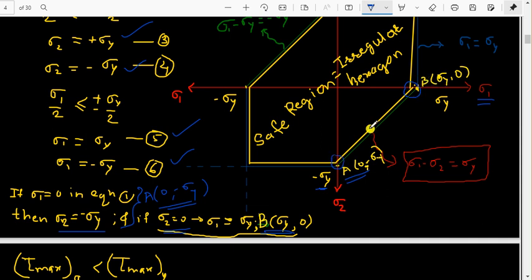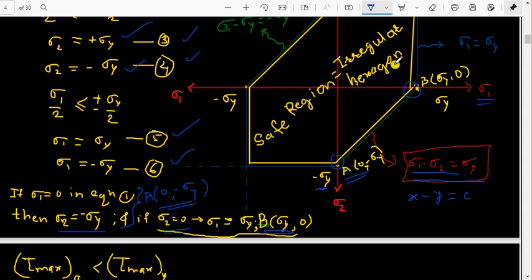Now, if we join these 2 points, we will get a straight line having equation sigma 1 minus sigma 2 equal to sigma y, which is similar to the equation of a straight line. Similarly, we will put lines for all these equation numbers 3, 4, 5 and 6,